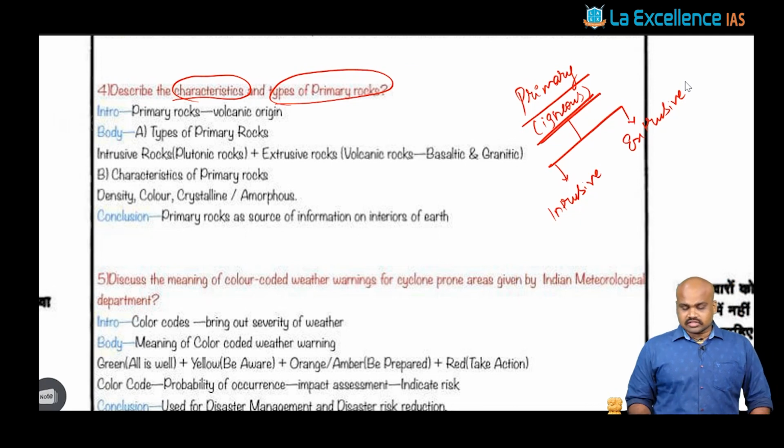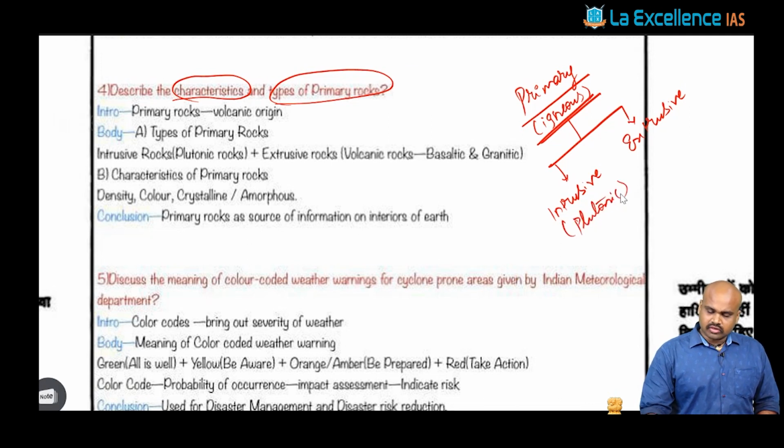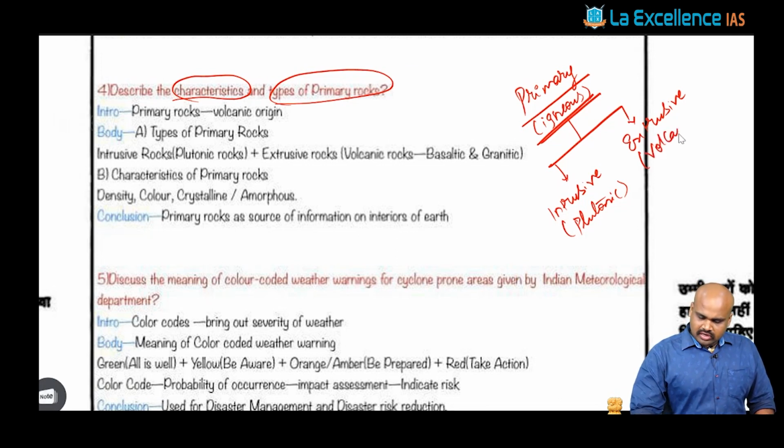Another classification that can be extrapolated from this is that we can talk about plutonic rocks. We know that plutonic rocks are those rocks which are the result of the solidification of magma or lava beneath the earth's surface. It's a kind of endo phenomenon that is happening, and that is what your plutonic rock is. Then again, the extrusive systems, we generally call them volcanic rock systems. Such an understanding can be given.